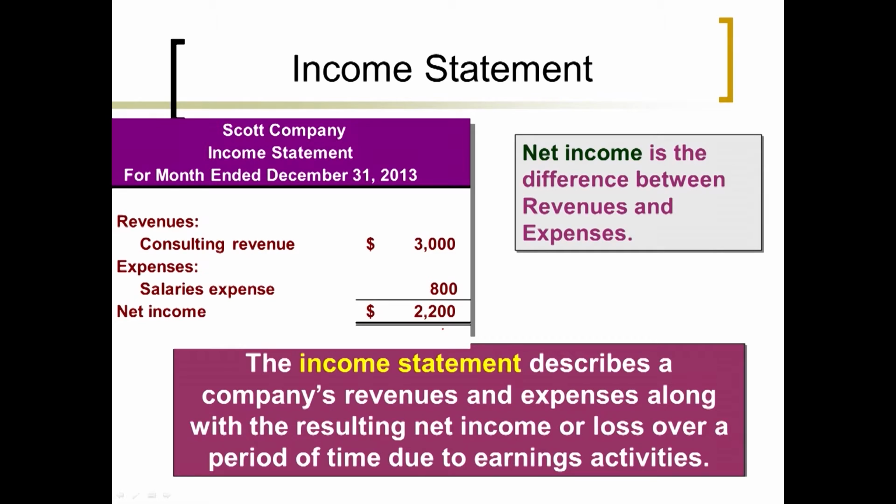Now, sometimes the income statement is called the profit and loss statement, or sometimes people abbreviate it the P&L. You might hear that. But basically, it shows the revenues earned for a period minus the expenses incurred, and hopefully the revenues are greater than the expenses, as in this case, and you have a net income. If not, you have a net loss. Now, this is a very, very simple example. They have one revenue and they have one expense, okay? Normally, a company will have a variety of revenue accounts and a variety of expense accounts, and you list each one and total those up and subtract the total expenses from the total revenues.